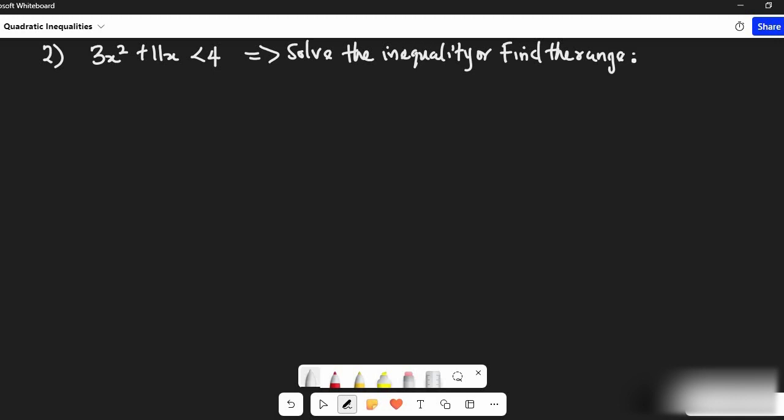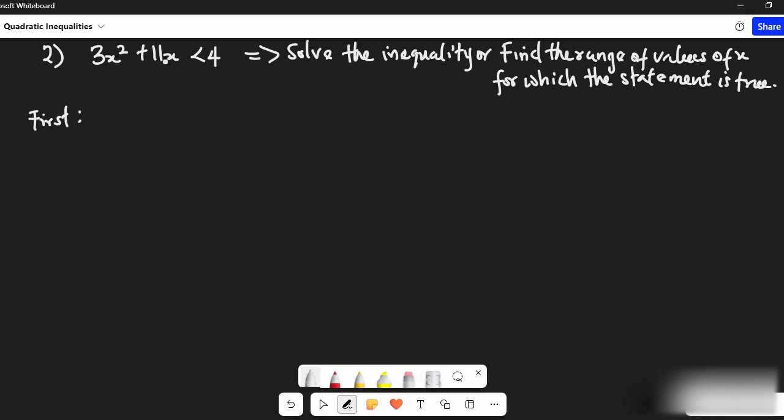find the range of values of x for which the statement is true. Alright, so remember,